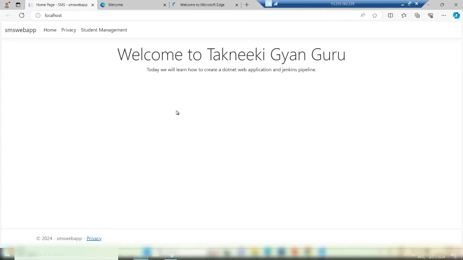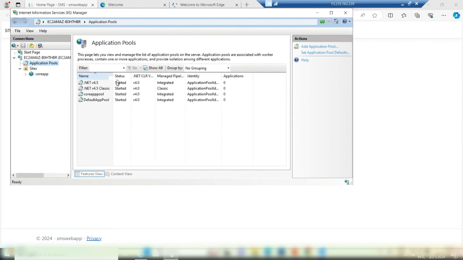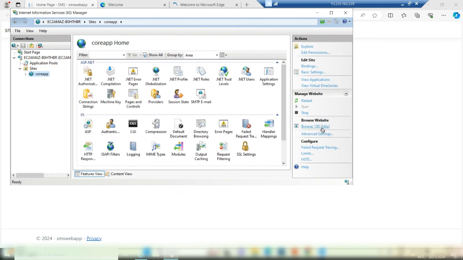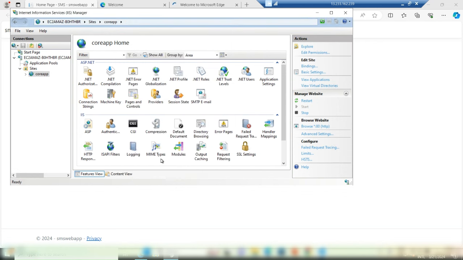You can see, yeah, the application is here. The core app application pool is also core app. This core app pool. If you go to the application, advanced setting, see core app, see TGG core, and if you go to this one, the folder,